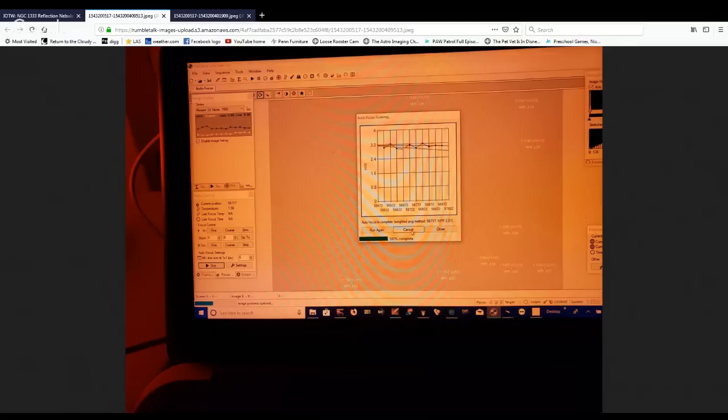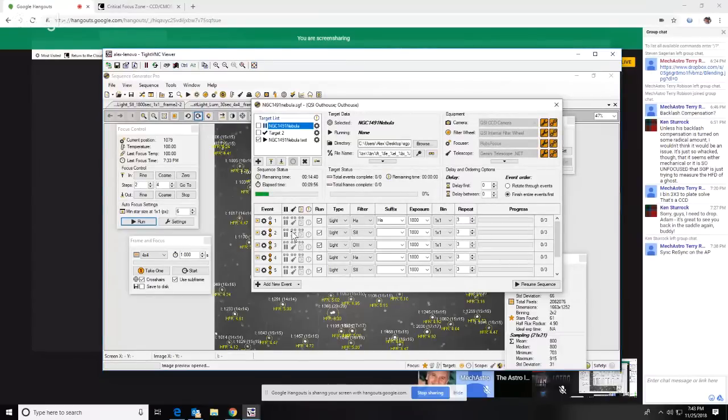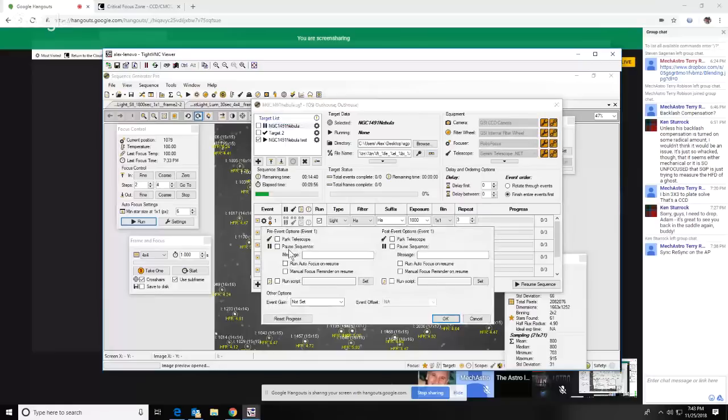He doesn't have an automatic rotator, so he would have to use the manual rotator function. Yes, or the manual rotator. Do they call it a wizard? Well, the manual rotator doesn't actually exist. What the manual rotator is, you see these little items right in here? You want to pause the telescope with the message rotate to, okay? Manual focus, run autofocus, run script, all these other things. It's actually going to set one of these things saying to manually rotate. And so what will happen